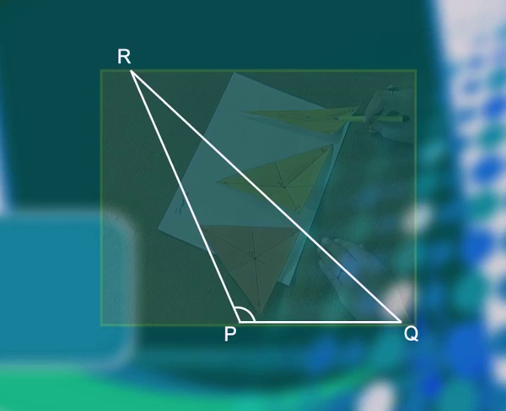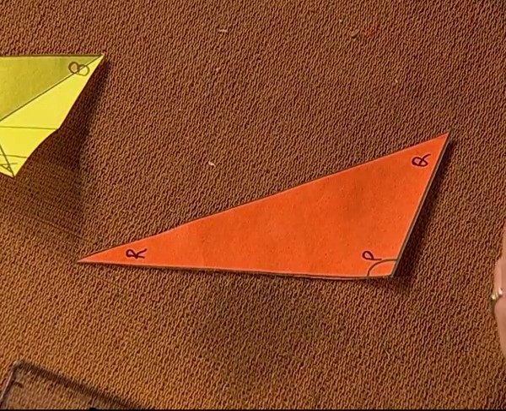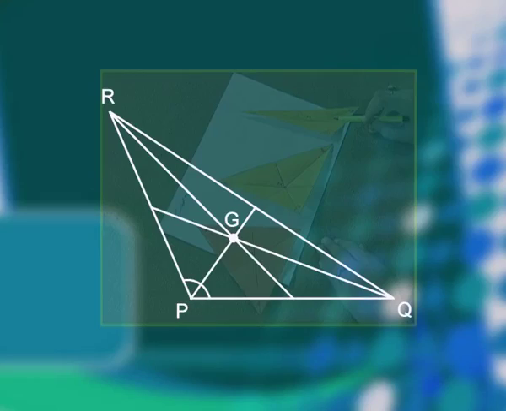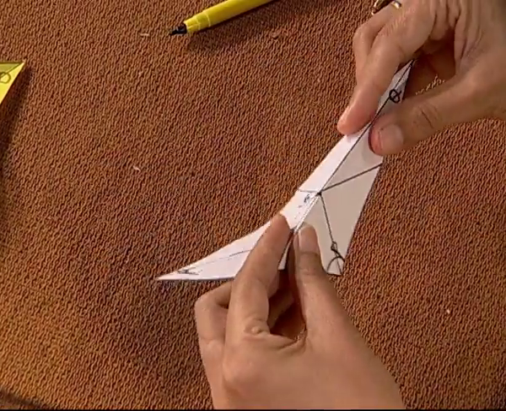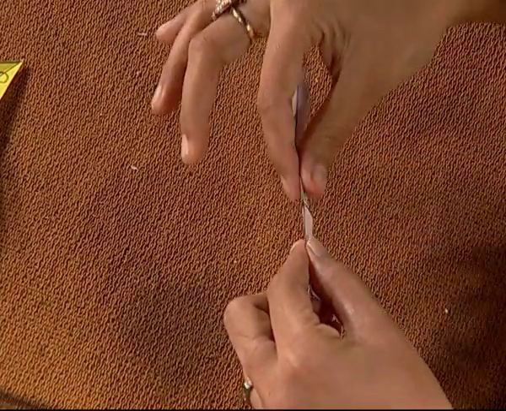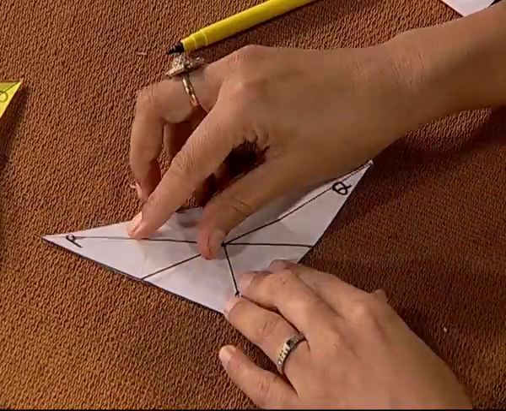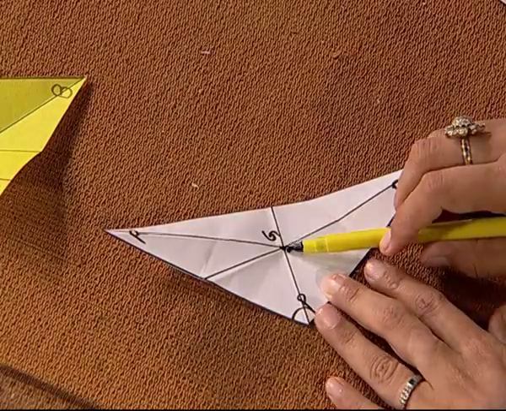Now we will take the third case, a case of an obtuse triangle. We have an obtuse triangle RPQ. By following the same process, we can have medians in this triangle QPR. By paper folding, you can get the medians, and observe carefully that all the three medians are meeting at a common point called centroid.